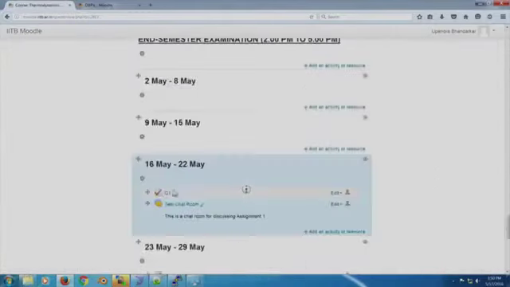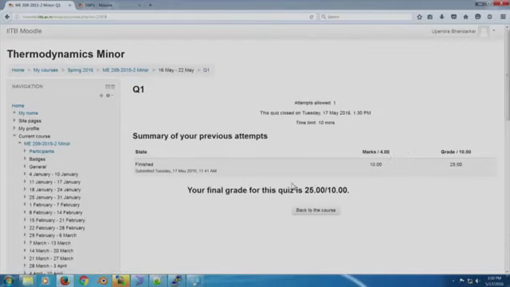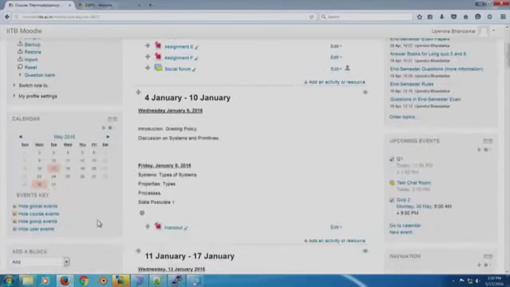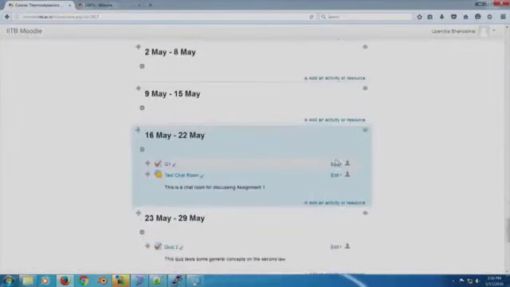So I had created quiz 1. This is the quiz, and I had used those 4 questions that I had already shown you, and it showed me that the quiz is already over. So let me go and edit it so that I can make it available to me right now. Okay, edit the setting,